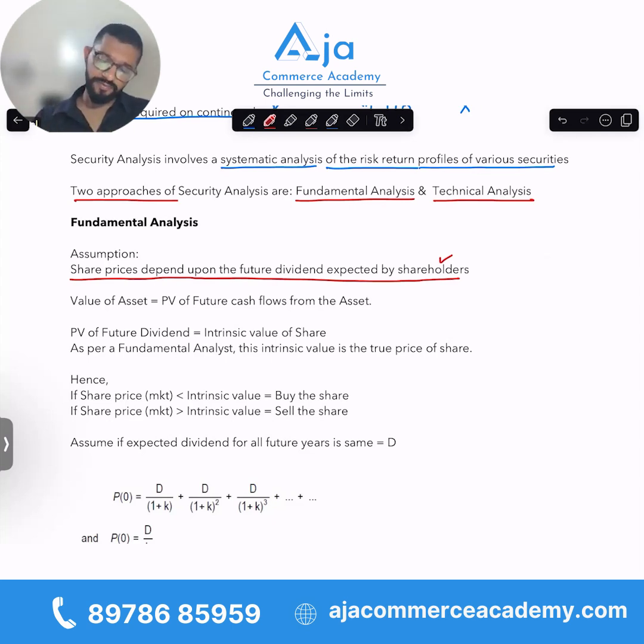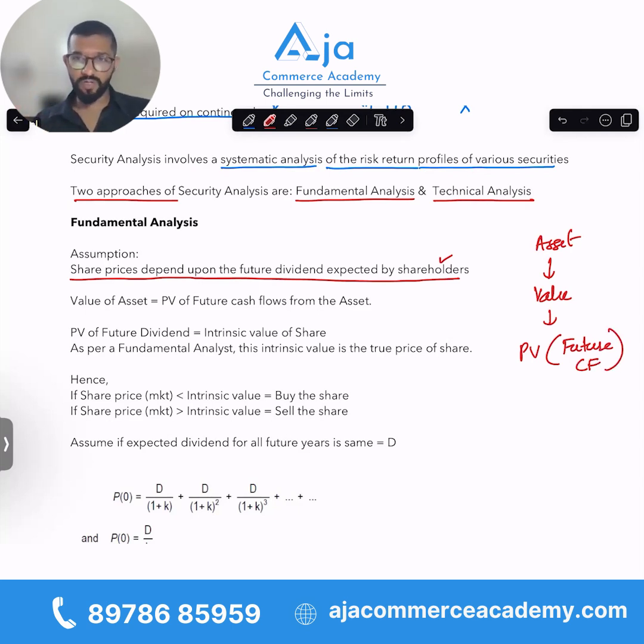And any asset, one of the methods of finding its value is using the present value of future cash flows. In future, what are all the incomes which this asset will entail? Based on that, we compute the present value, which will be the worth of the asset as on date. Similarly, for an equity,